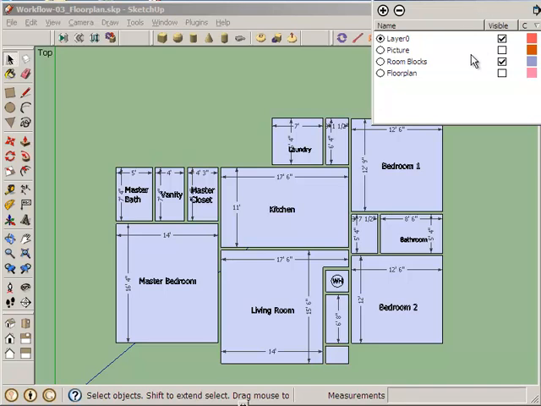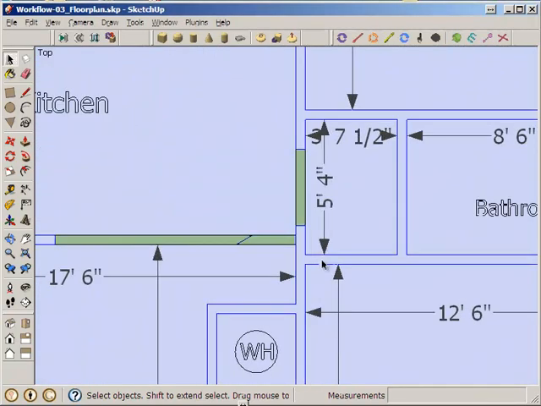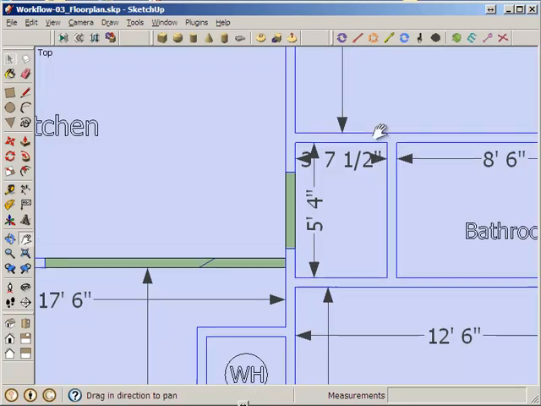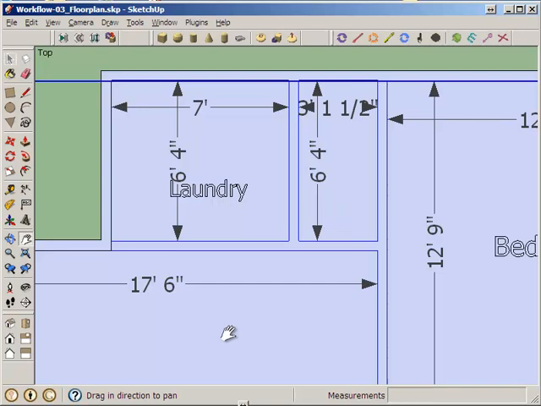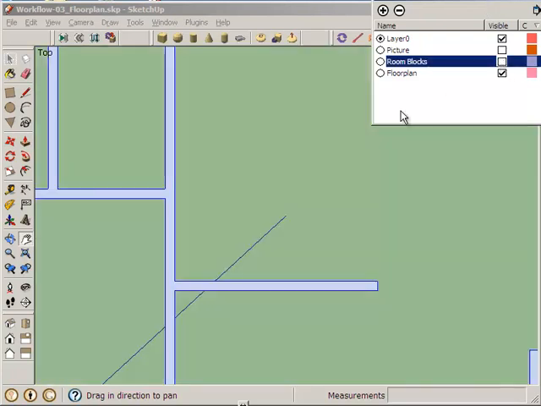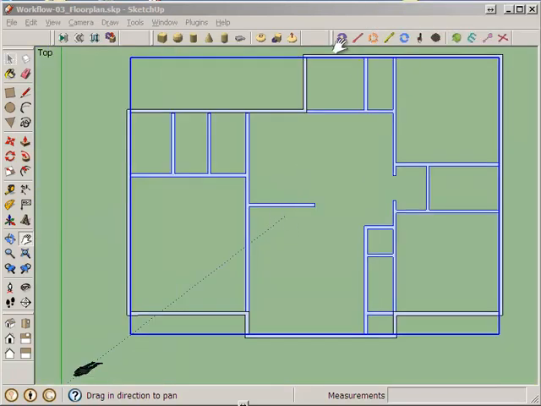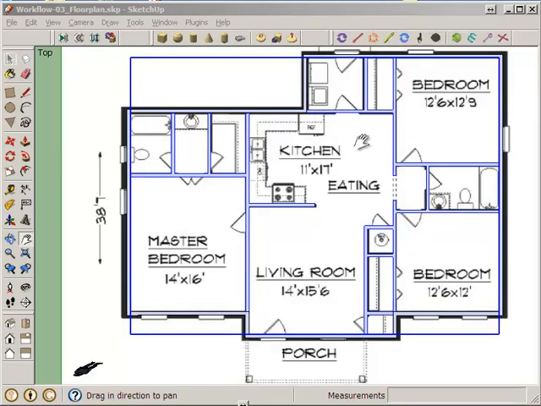And then after doing that, I drew in this floor plan layer to create all of my interior partitions as a single unit, and also the exterior walls as well. Now, having done that, I'm going to hide the room blocks here so we can see the partition walls, and I can also unhide the floor plan picture that we had in order to show the locations of my